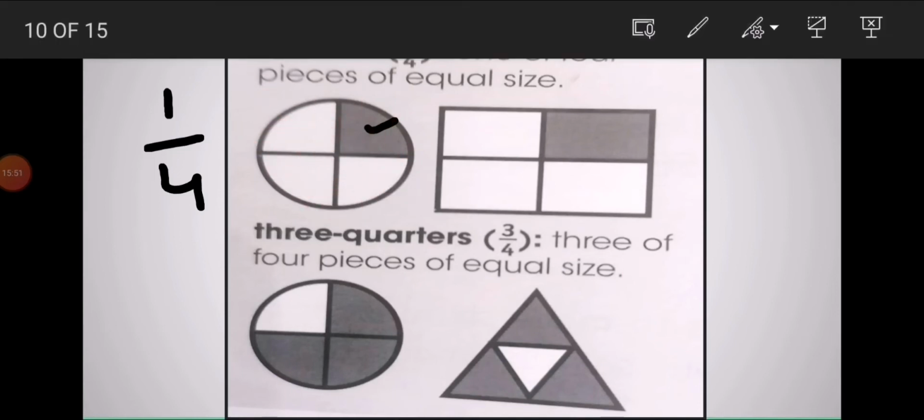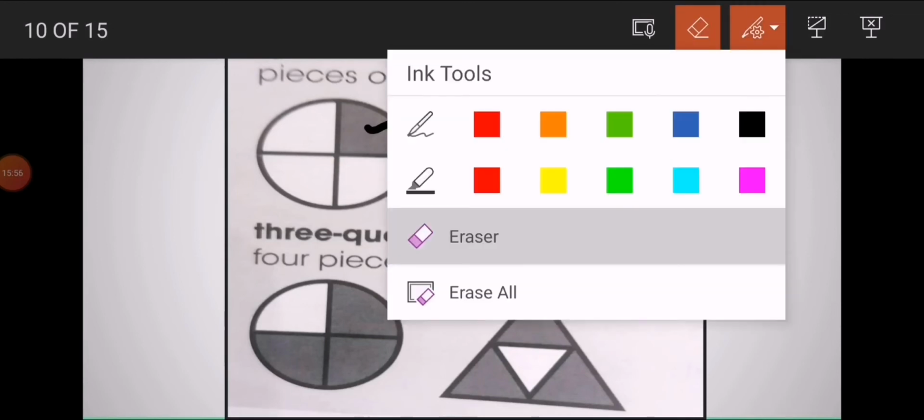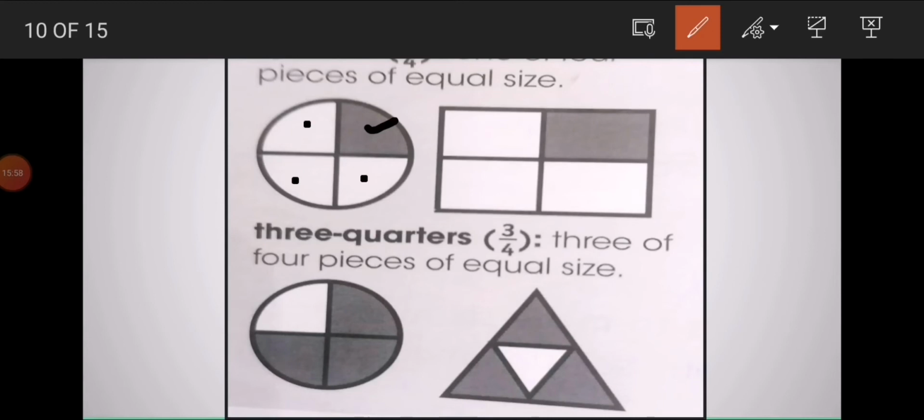So if you have to find out the uncolored fraction here, let me explain. How many parts are uncolored? 3. So first we draw a line. We write the total parts, that is 4, under the line as the denominator, and we have to find the uncolored fraction. How many parts are uncolored? 3. So 3 by 4th, or 3/4, is the uncolored fraction in this whole.